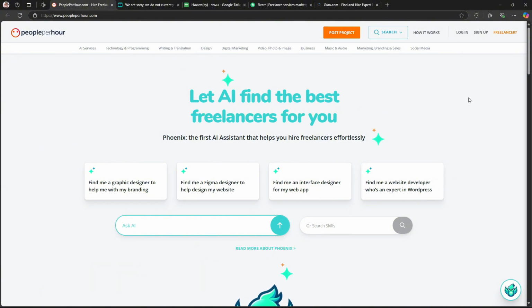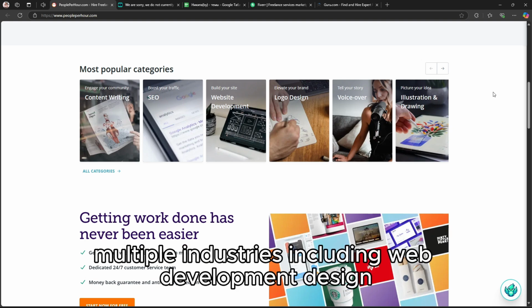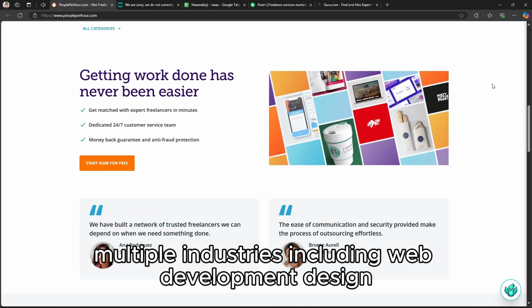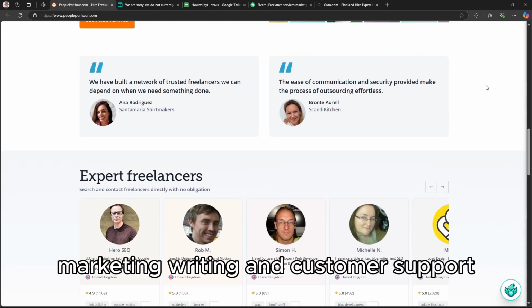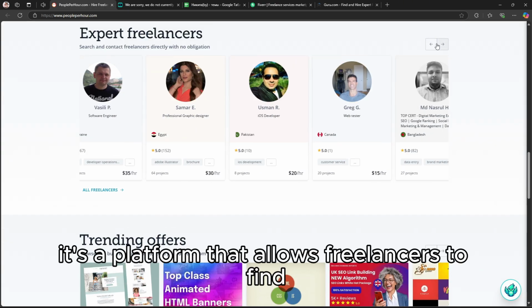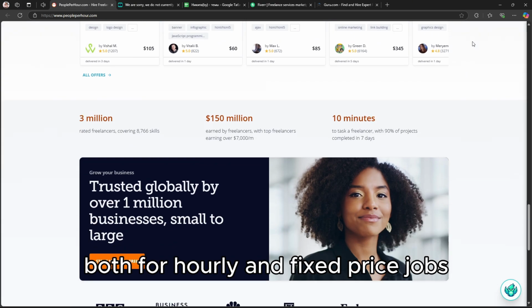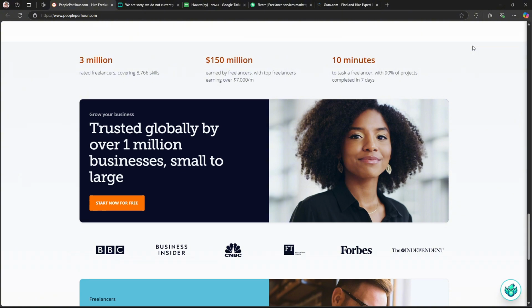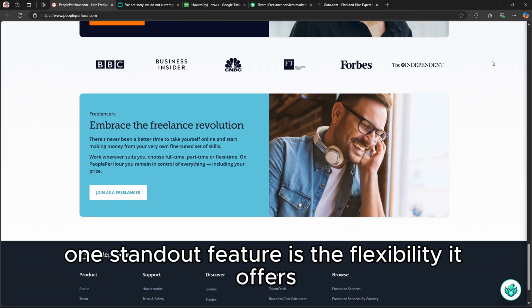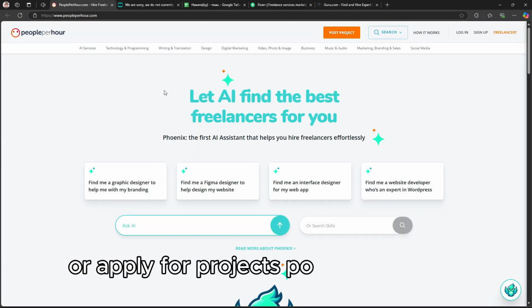PeoplePerHour is designed for freelancers across multiple industries, including web development, design, marketing, writing, and customer support. It's a platform that allows freelancers to find projects or clients to find talent, both for hourly and fixed price jobs. One standout feature is the flexibility it offers, enabling freelancers to create hourly offers or apply for projects